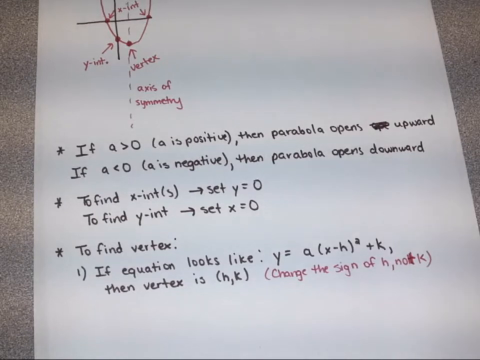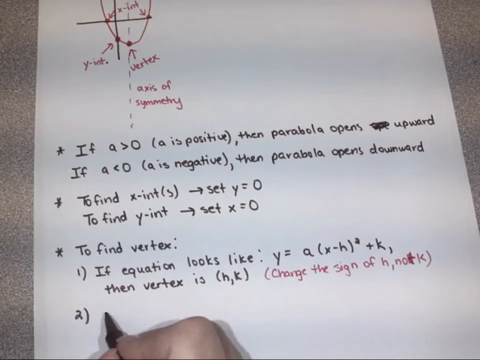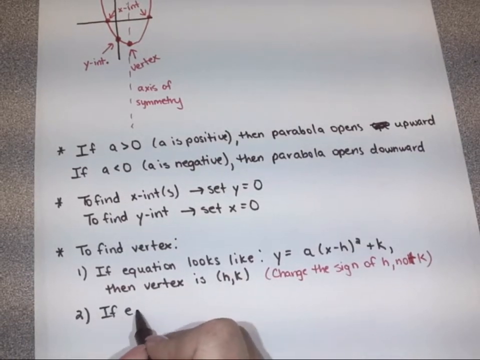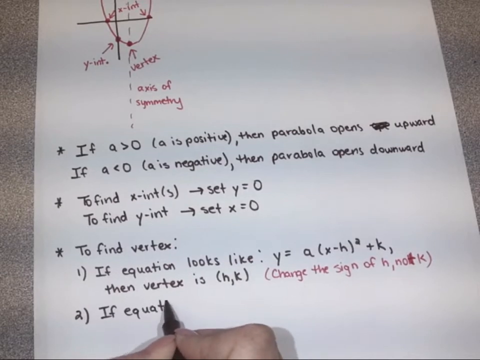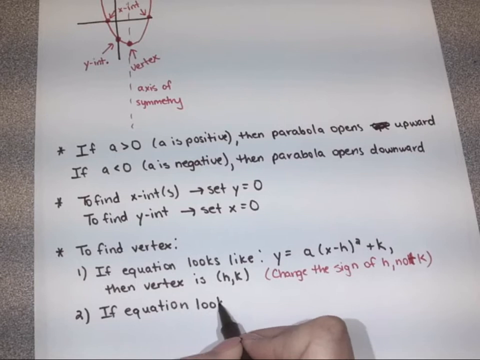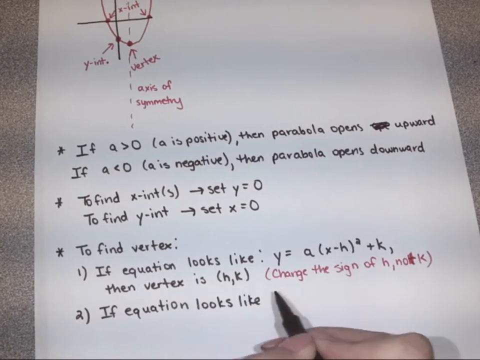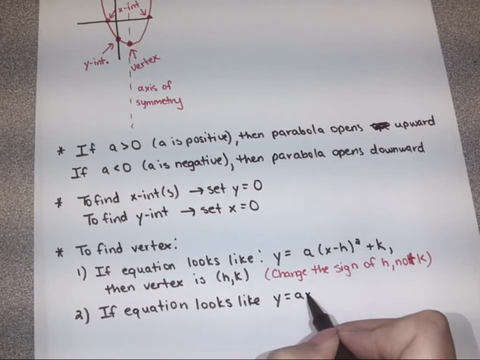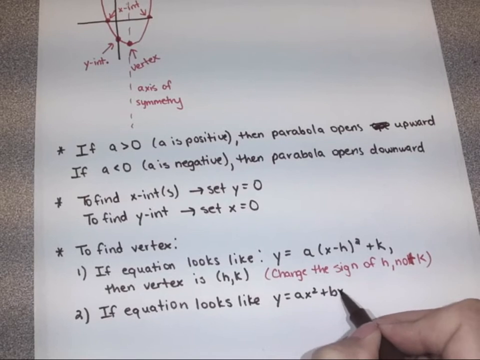Okay, so this is called vertex form for the reason that you can pull the vertex out without really having to do any work. But most often the equation is going to look like what we're used to, which is the ax squared plus bx plus c. So if the equation looks like our standard, which is going to be most common,